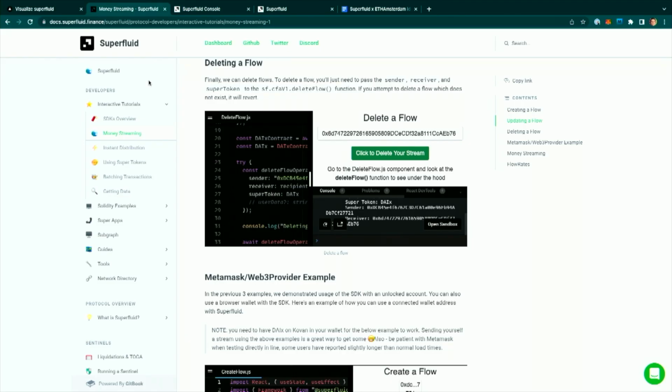But that's an overview of using the Superfluid SDK. Again, fairly simple examples there, but that's just to show you how easy it is to get started and to give you some examples to pull from directly when building your apps this weekend. So I recommend coming here to start. There's also other good interactive stuff on using super tokens, batching transactions together, using the instant distribution agreement to send funds in bulk to large groups of addresses, and then other stuff on super apps and Solidity you can find in here as well.